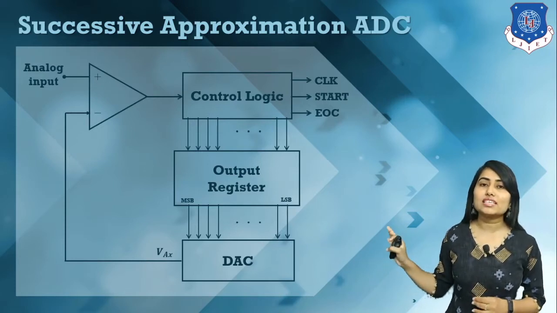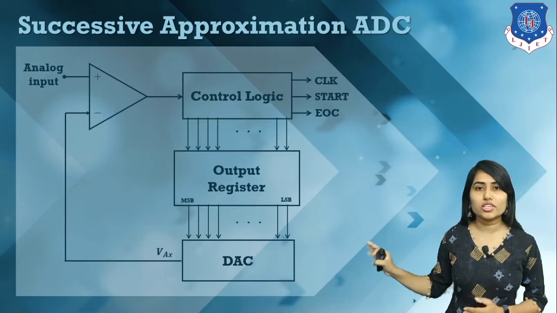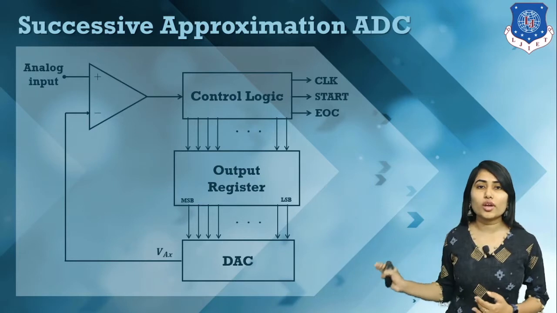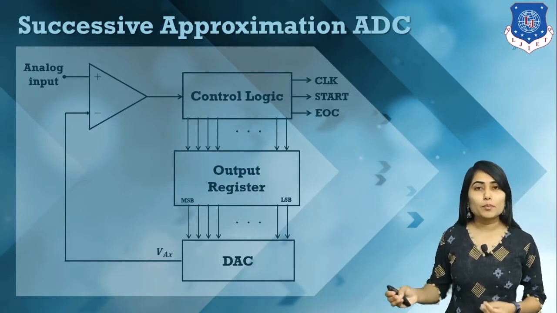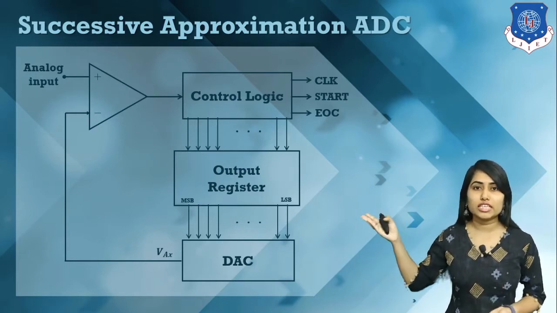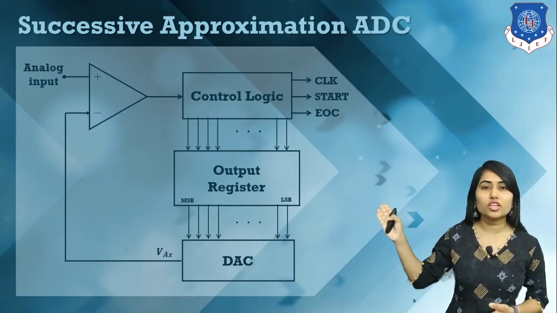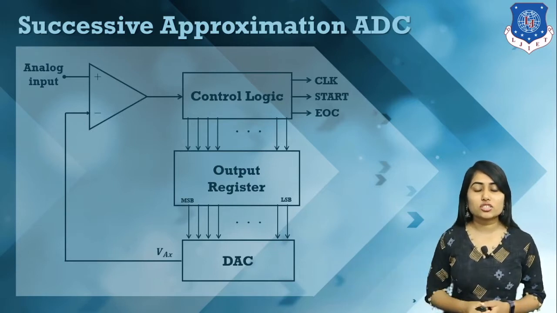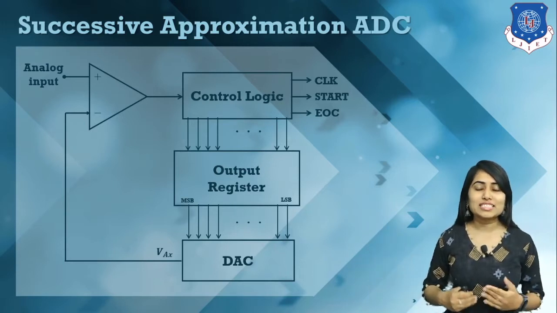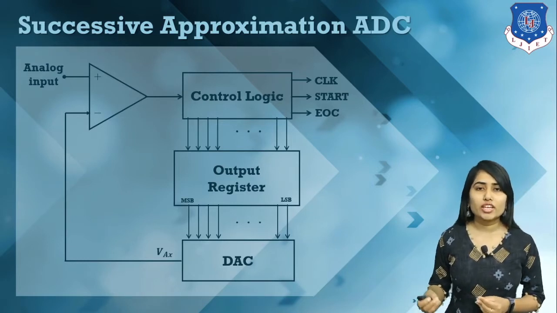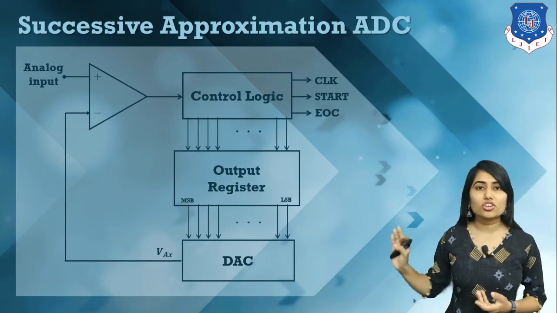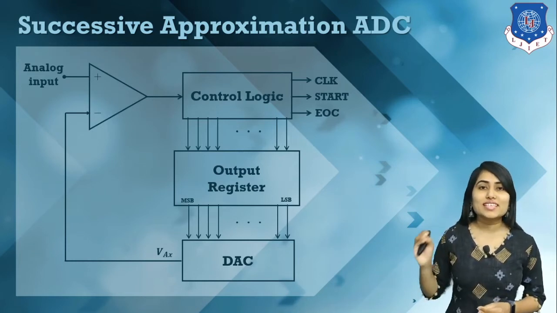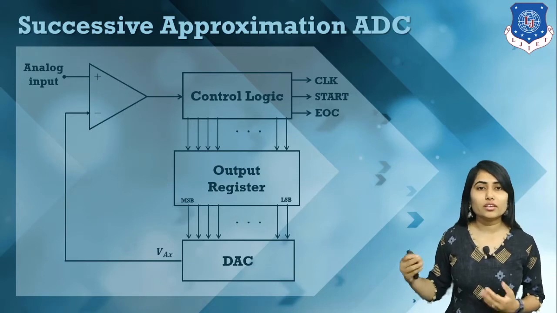The output of this output register is given to the digital to analog converter to calculate the approximate analog value of the digital values generated by the control logic circuit, and then it is fed back over here and the calculation is done again. So for 4 bits, let's take an example. We have some analog input, and the control logic circuit generates bit patterns, and according to that we see how we can convert this analog input into its equivalent digital form.